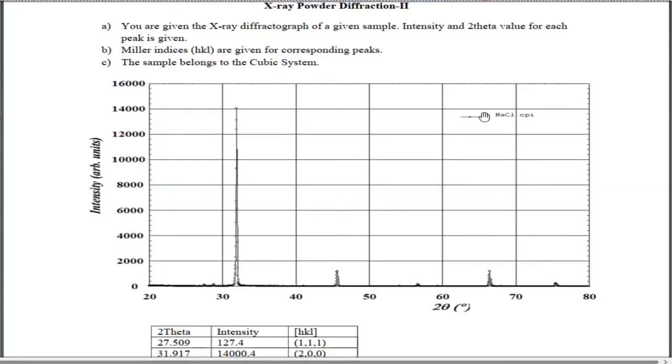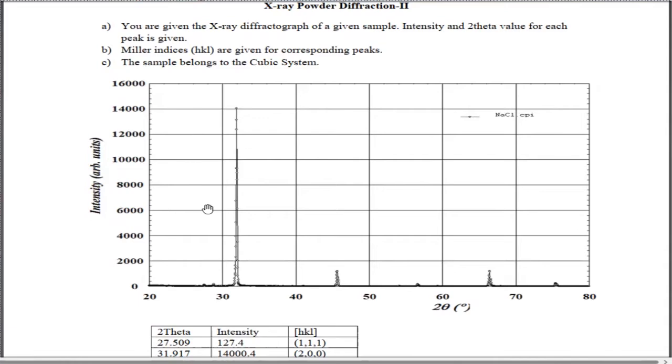So our aim of the experiment is X-ray powder diffraction 2. In this experiment, what we are going to do is that we have got this intensity versus 2 theta plot. And from that, we have to find out the intensities theoretically and match with the observed one. Okay. So in the previous experiment, we did Miller indices and peak indexing for this same plot, and we know the